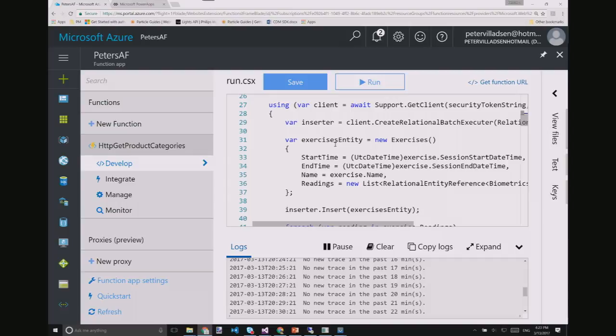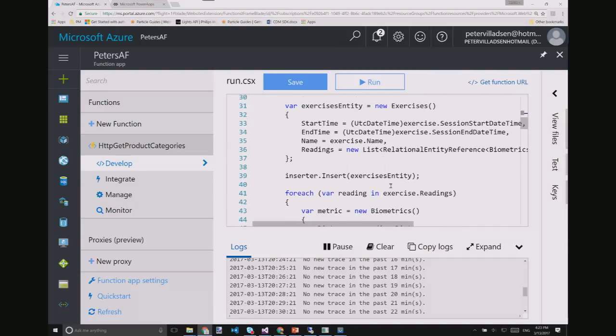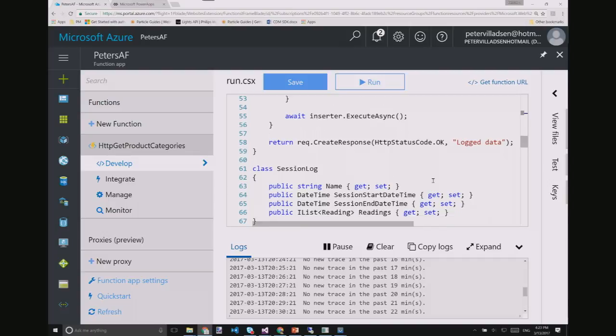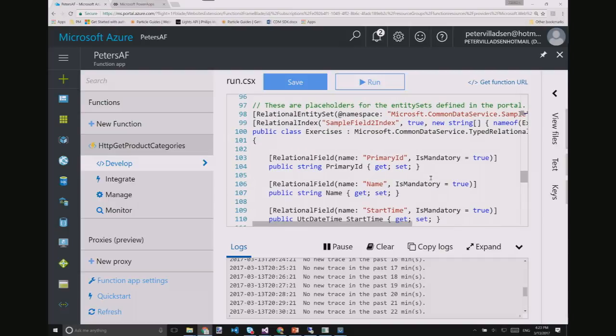And then what I need to do is I need to insert a new exercise, and the new exercise has a child as one-to-n relationship with the actual readings, the biometrics. So I needed some entities to describe that. So what I did was inline. This came back to the discussion that somebody down there asked before about how to do this for entities that are not known in advance.